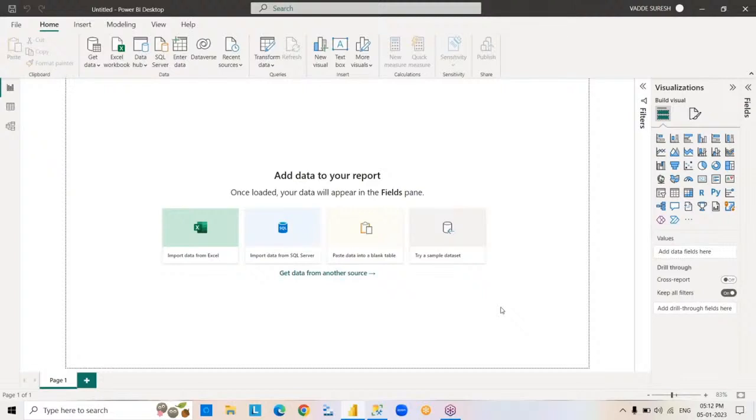This is called Power BI Desktop. Here we have different options. We are going to work with them. This is a pure development environment of Power BI. So coming to